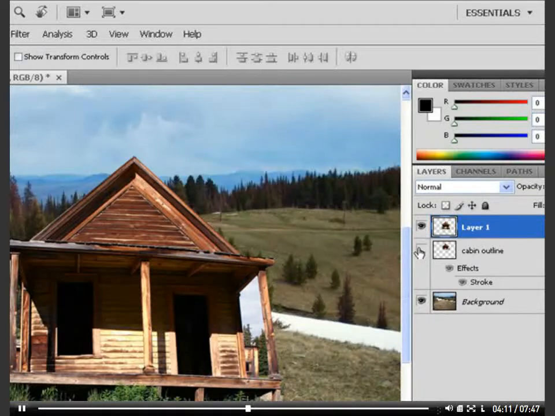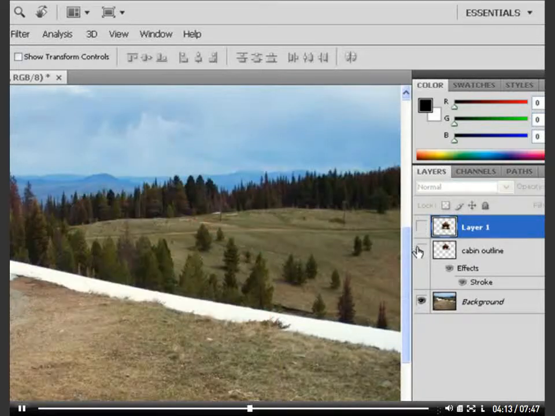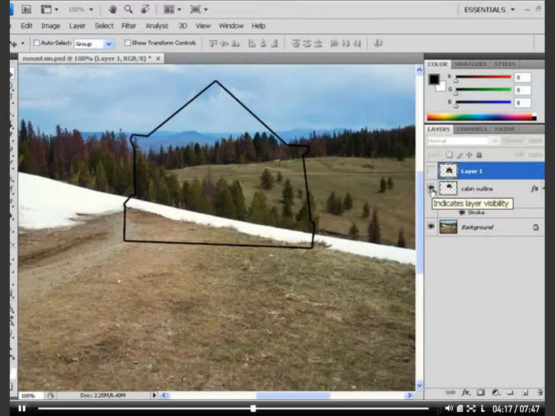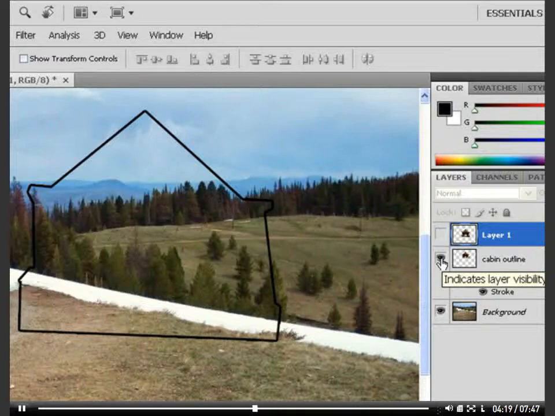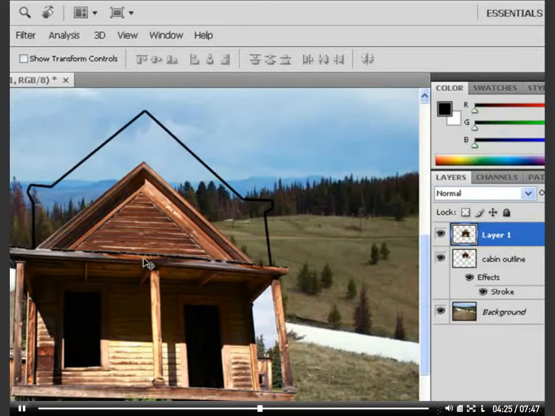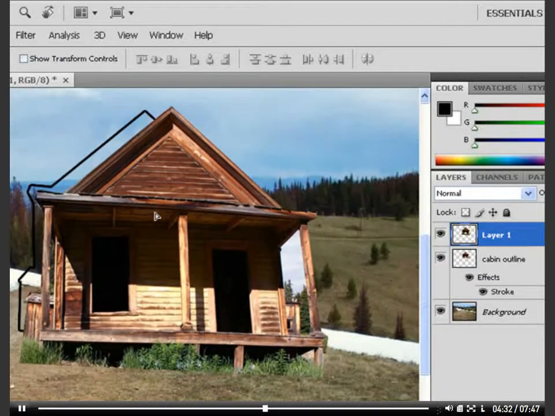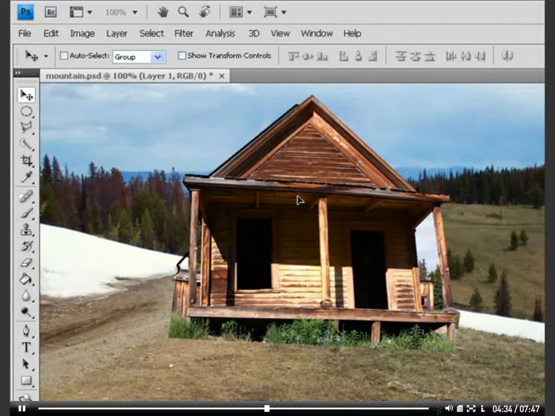Also, there's a hidden layer right here. I'm going to go ahead and turn this off for a second. The one that says Cabin Outline, if I turn that on, I put an outline there that's about the right size and position that I want the cabin to be. So if I turn this back on, I can move this up, making sure that I'm on this layer 1 layer. And you can see it's a little large,